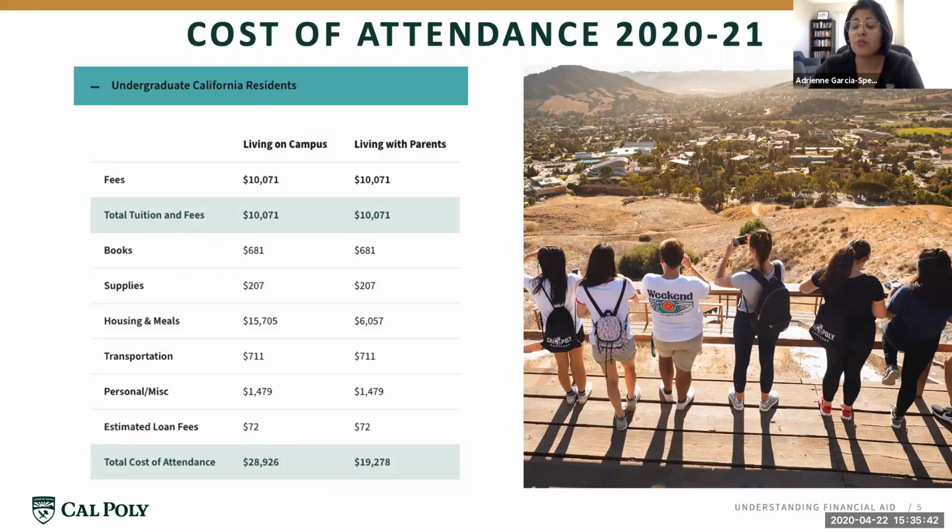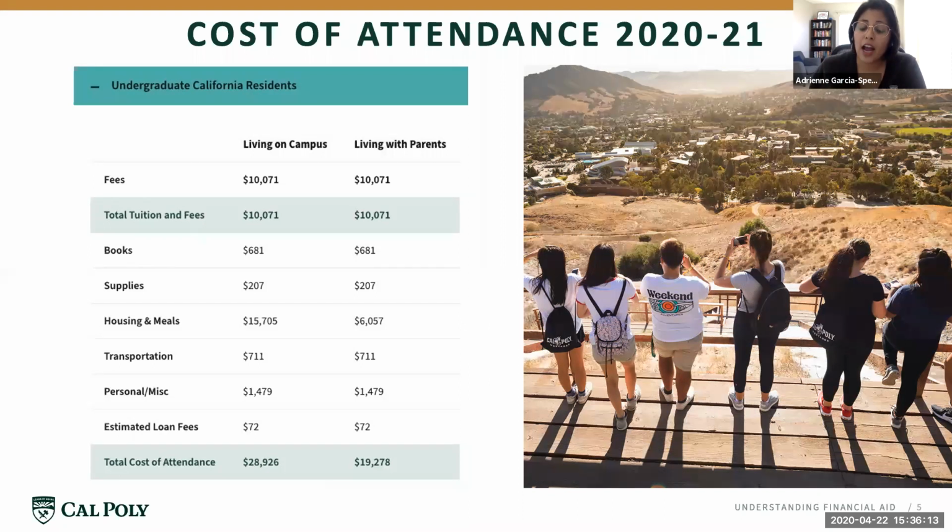If you have a really dynamic situation, like maybe you own a small business and it's hard for you to estimate what your income is going to be this year, and I know we're in especially difficult times right now, you could wait until you complete your 2020 taxes, and then we can do a change of income in, say, winter quarter when you have a draft of your 2020 taxes, and use that to reevaluate your financial aid eligibility. And then we would retroactively make adjustments to that for fall quarter if it changes your aid eligibility.